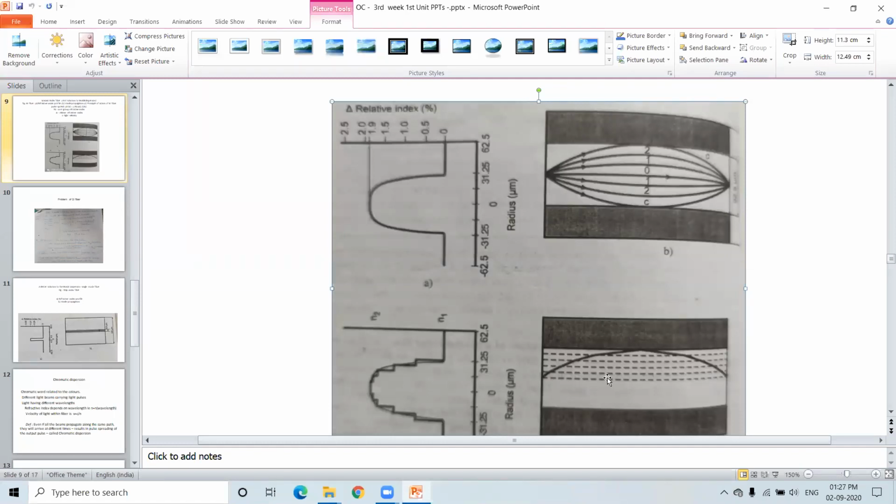That means the first layer, please all of you see this cursor here. This is the first layer, a fraction of the core diameter split like this, into very small fractions. This layer has a very high refractive index. And the second layer, slightly lesser refractive index. Third layer, slightly lesser refractive index than this one. Still, third layer, fourth layer, fifth layer, and so on. The refractive index from the central region to the cladding region is going to decrease. Similarly, the below side as well.